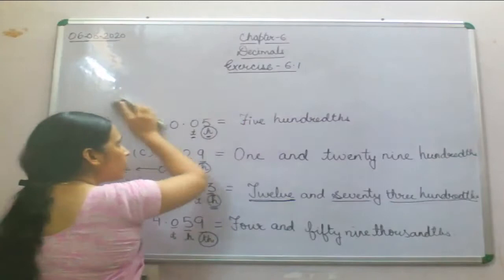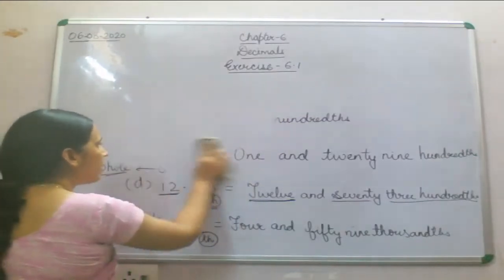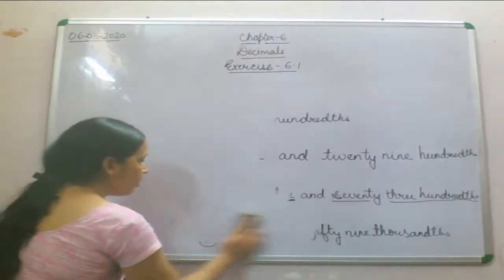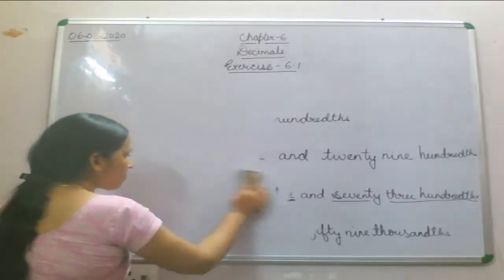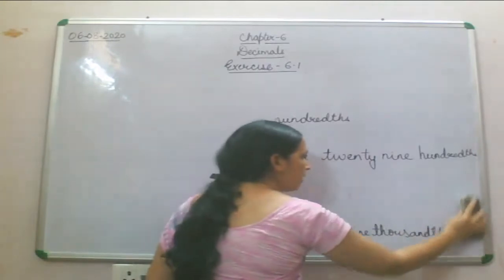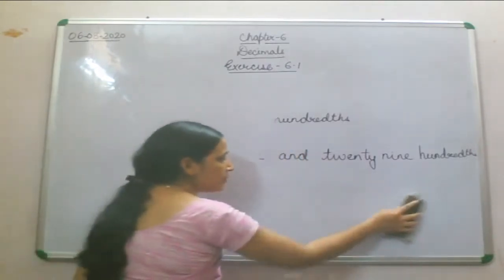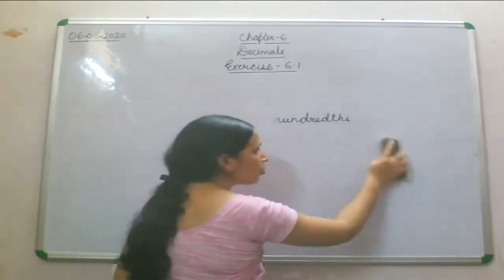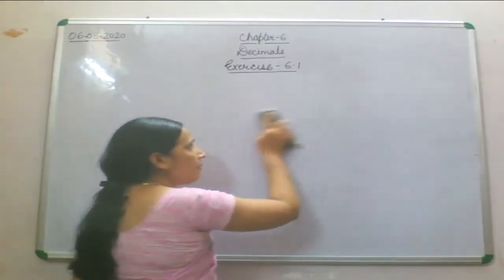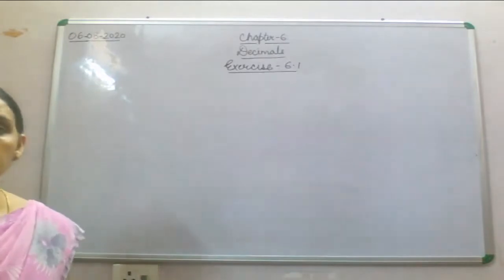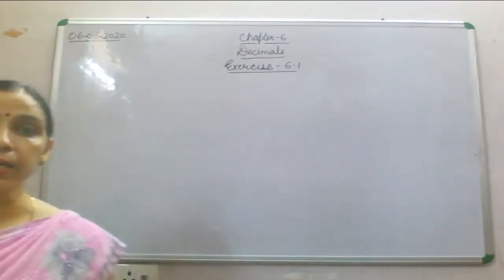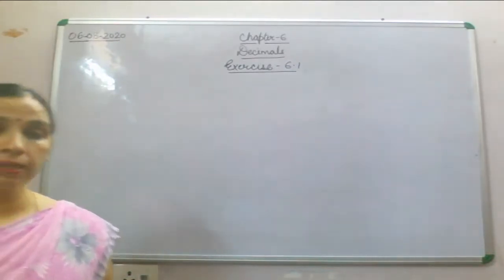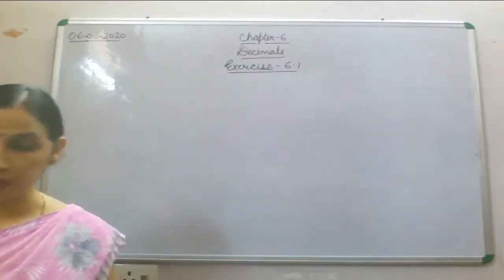Quite a simple question. You have to remember the decimal place value and accordingly we will write it in decimal form. See children, if you have any doubt regarding these decimal representations, what you can do is, on the corner of your notebook you can write this place value system with a pencil, and then write that number in the place value chart.